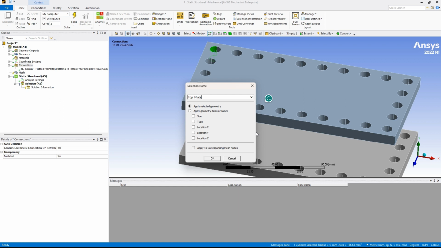Now the next task: we have selected one, and we need to select all the holes which have the same property. For that we are going for size. You can even do it by type, location, etc., but for now I'm going for size. So let's see what it does. Once you press OK,